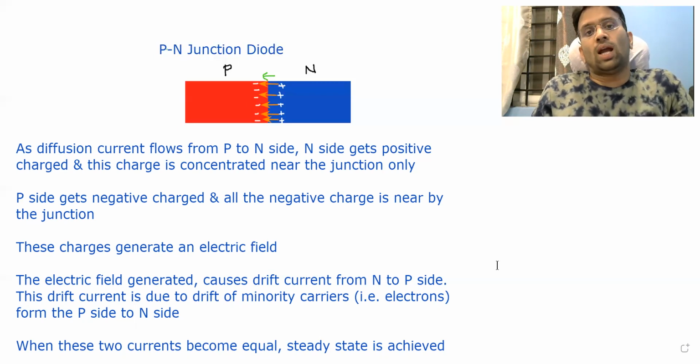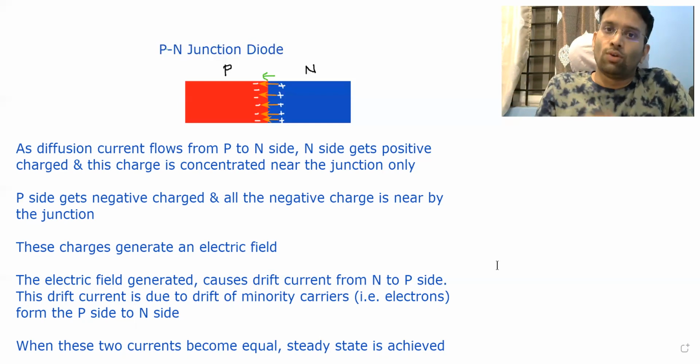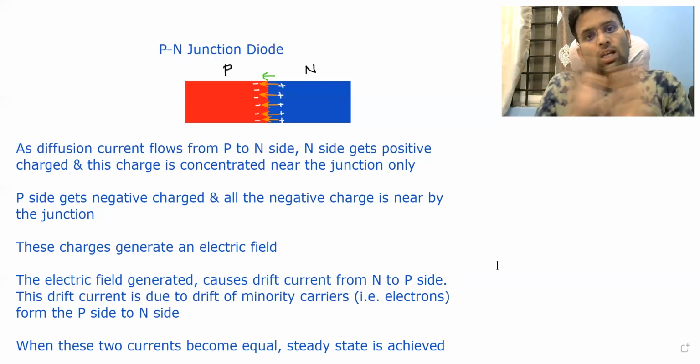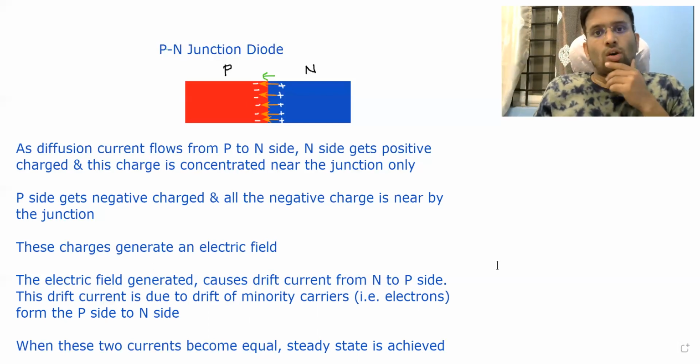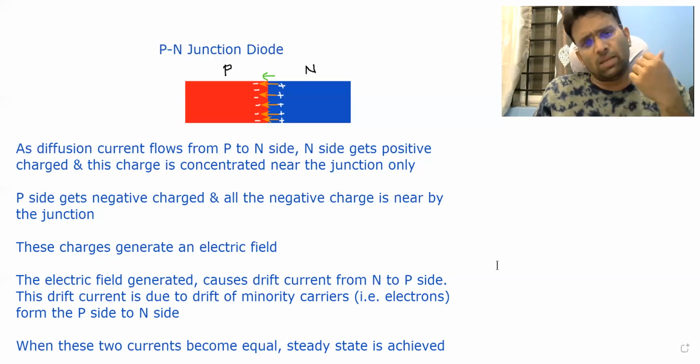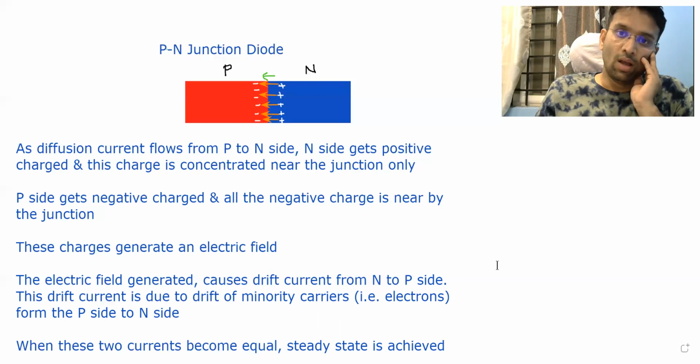So at steady state, due to drift, the electrons are going from P to N side. Due to diffusion, the electrons are going from N to P side. So this travel of electrons in either direction keeps on happening. Like your chemical equilibrium, the reaction keeps on happening on either side. However,